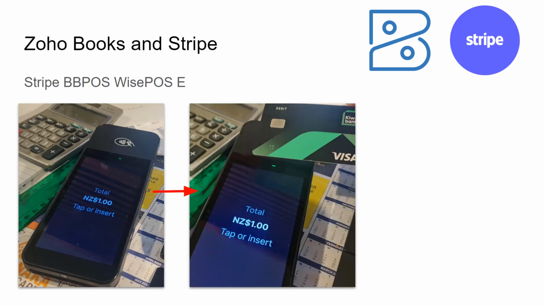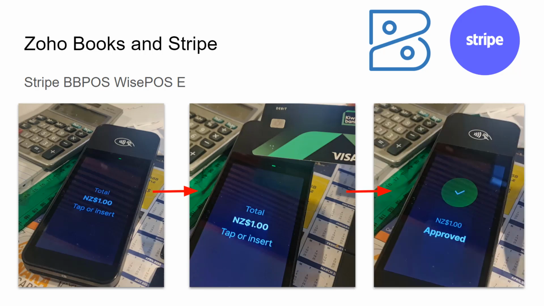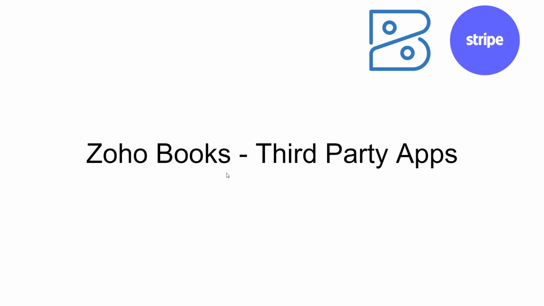Then the customer will place their card towards the top where it's contactless tap and pay. And then finally that is processed and the payment is approved. And once that's the case, then the Zoho Books is automatically updated with the payment details. So that all happens in probably about 10 to 15 seconds. It's very quick. What I'm going to show you now quickly is just a third-party app that is used by another customer